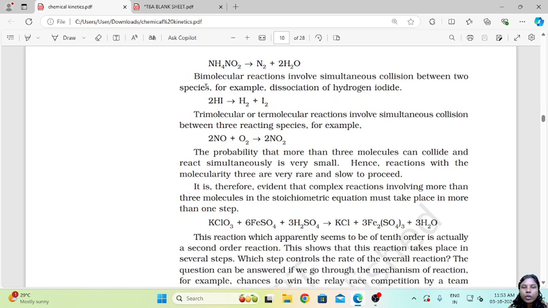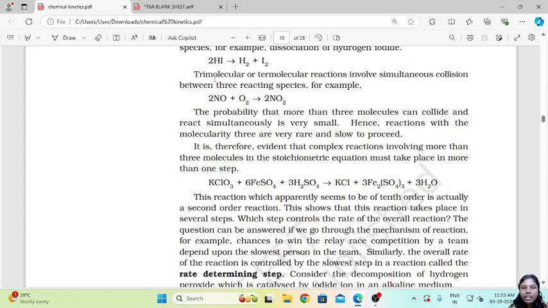Further, if you look at bimolecular reactions, they involve two collisions that occur simultaneously. An example would be the dissociation of hydrogen iodide. In this we have two molecules of hydrogen iodide colliding with each other to form hydrogen gas plus iodine. In the same way, we have trimolecular or termolecular reactions in which three reacting species will be simultaneously